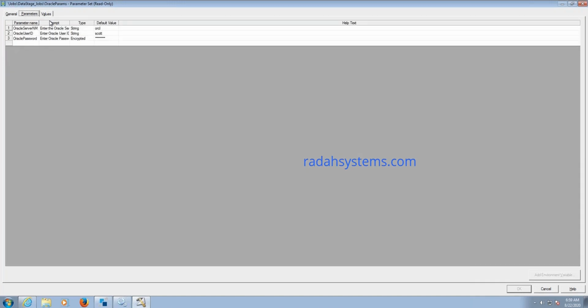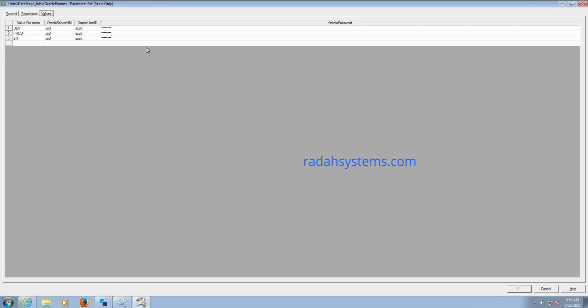Yes, so this can be reused in other jobs. If you don't define the default value in the value file, you have to define it. There is no option. You have to define a value here. So a value file is something like a flat file? No, no. Value file is nothing but the environment. Suppose you are running the job in the dev environment, you have to give the dev value file.